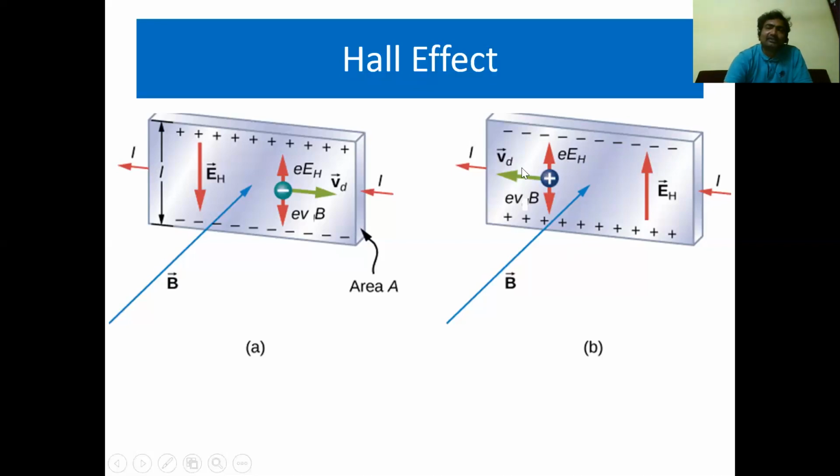And one more difference you clearly observe. Here, this is the direction of the electric field. But in p-type semiconductor, this is the direction of the electric field. So, a n-type semiconductor produces an electric field in a direction opposite to p-type semiconductor. Similarly, the voltage here is assumed as positive, and here the voltage produced is assumed as negative because there is a change in direction. This is the only difference between a p-type semiconductor and n-type semiconductor.